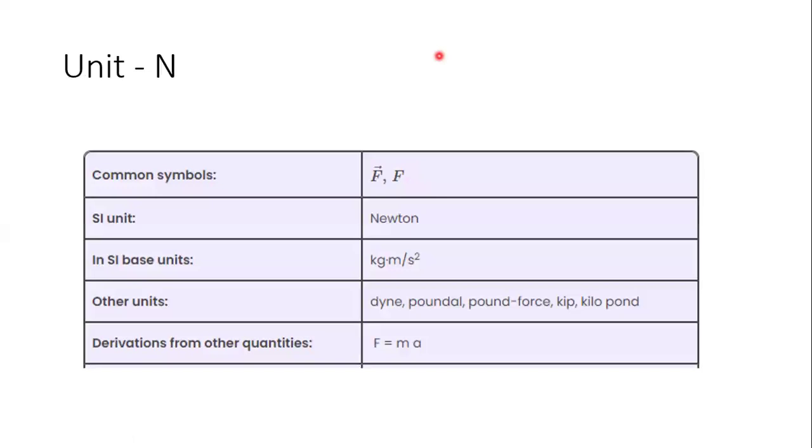Discussing further, the unit for force is the capital N, the newton. The SI unit is the newton, and the SI base units you have to learn about when it comes to A levels, because there are several MCQ questions on this. I have seen several questions in the MCQ paper asking to describe the base unit, right? So Newton,